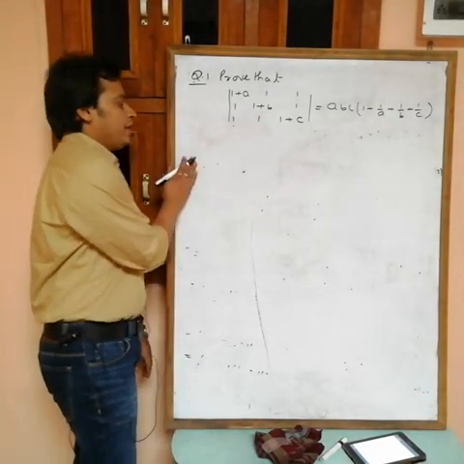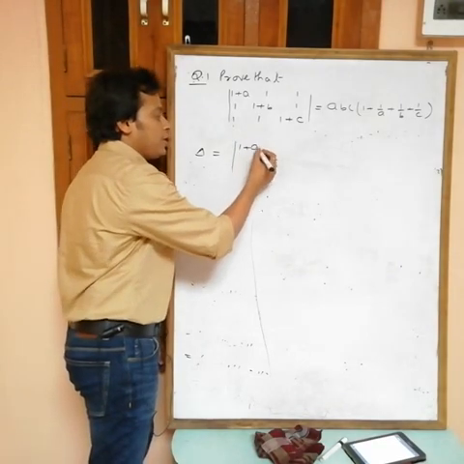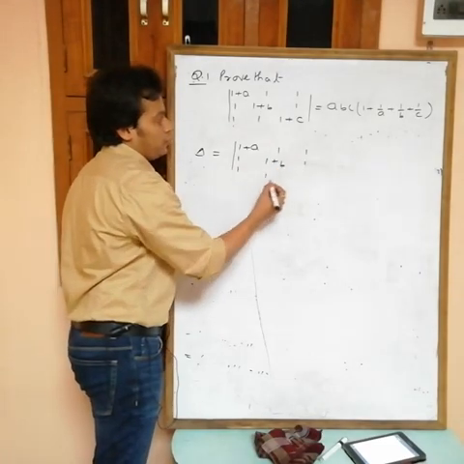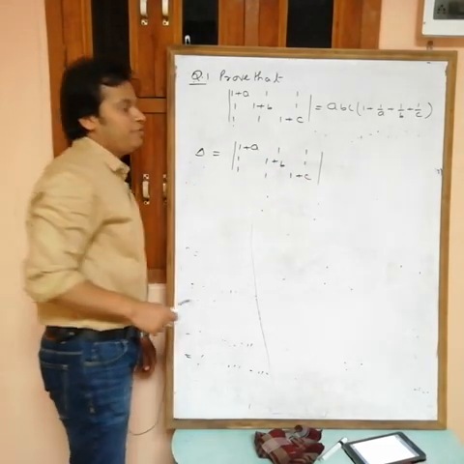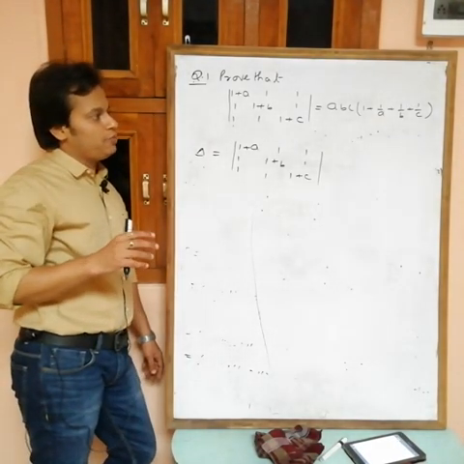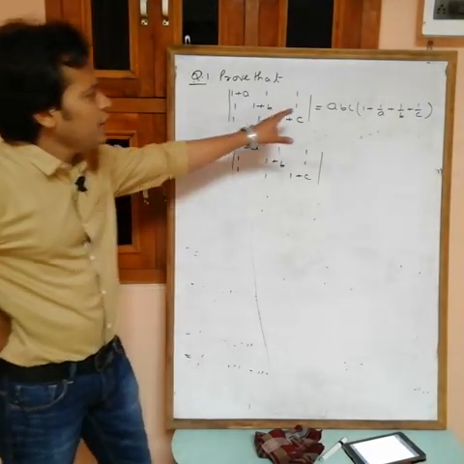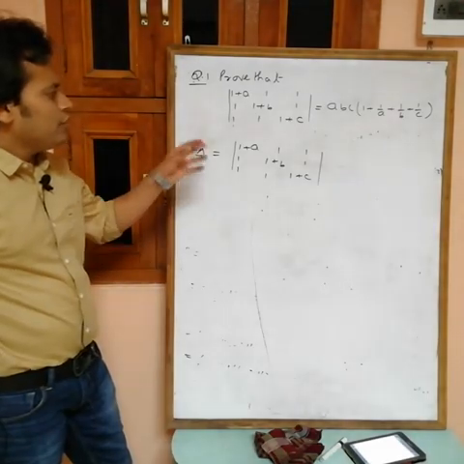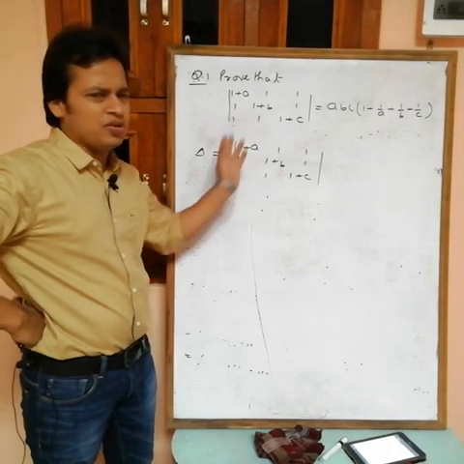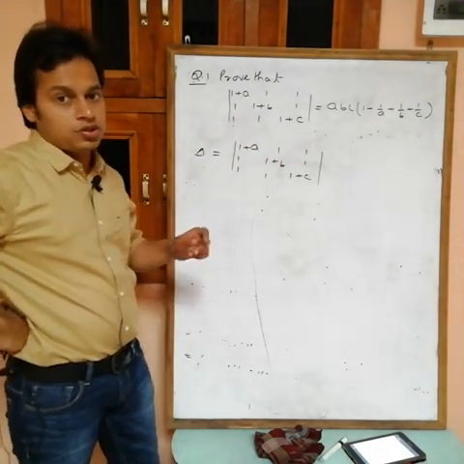Okay, so I am taking LHS. This is the determinant. 1 plus a 1 1, 1 1 plus b 1, and 1 1 1 plus c. Now what do we want? We want abc into 1 plus 1 by a plus 1 by b plus 1 by c. I will use the properties. Now see, here we want abc. Now check, can you take common abc? At this time we can't take common a from any row or any column. Okay,